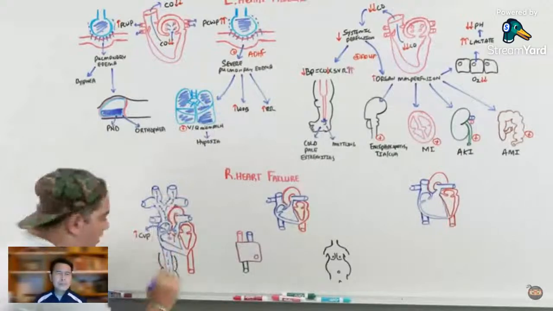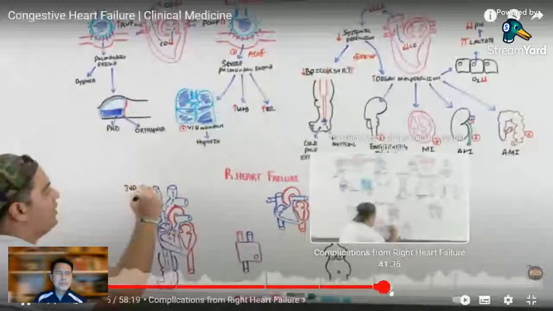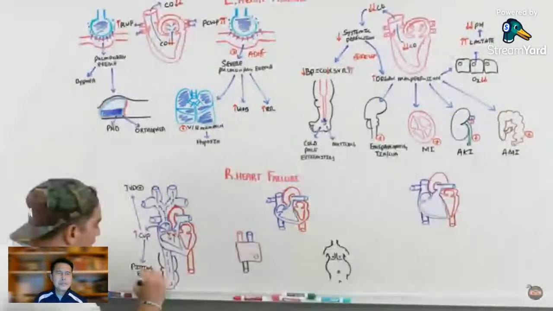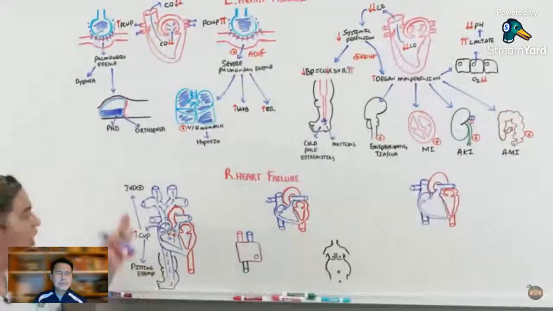And what this will do is this will kind of present in two different ways that you want to try to look for. One is it'll present with a patient having a lot of jugular venous distension. So they'll have a plump jugular vein. And the other one, they'll have edema of lower extremities, usually what's called pitting edema. So when you press on it, it kind of really dips in and gives this kind of deformity there. This is super common in right heart failure.